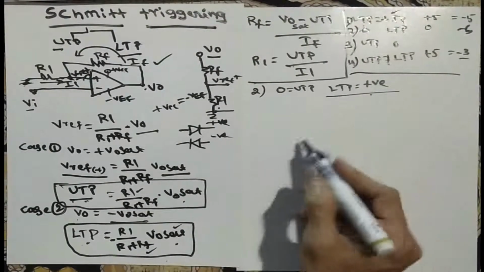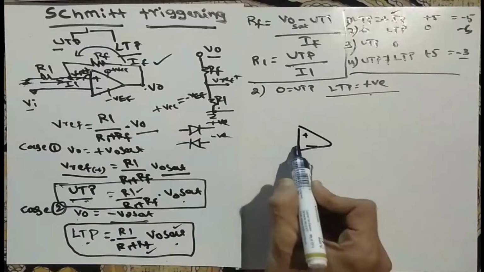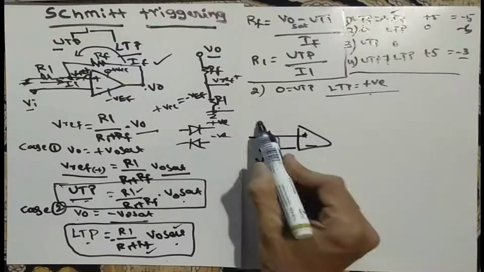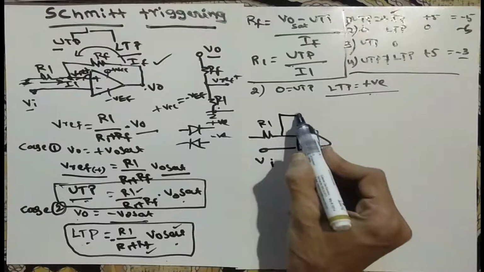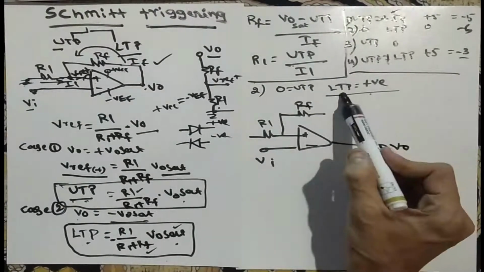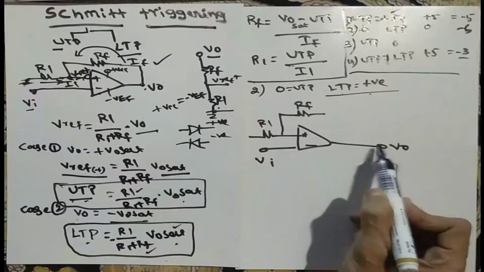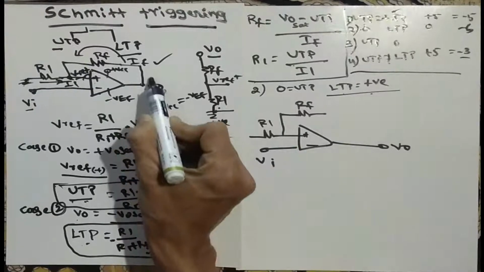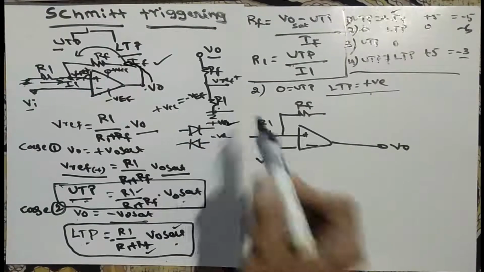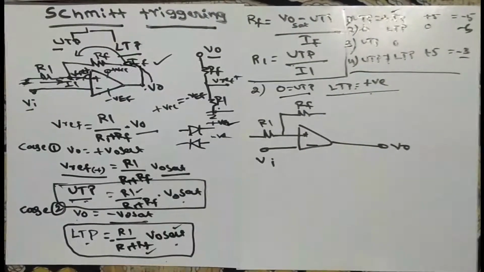So take your usual op amp, which looks like this, with positive and negative. At the negative we are giving VI, and here we have R1, and here we have RF. Now this is your V naught. Now listen carefully, what we have to do: LTP has to work, UTP won't. It is actually coming from the V naught, going in this direction. In this direction, if I give forward bias, the positive will act. Here I don't require positive, I require negative, so I have to do reverse bias.